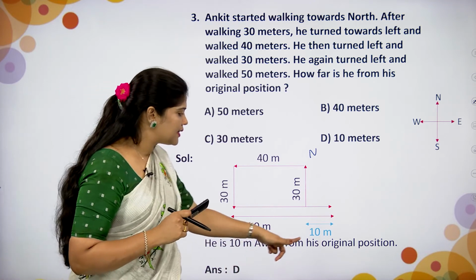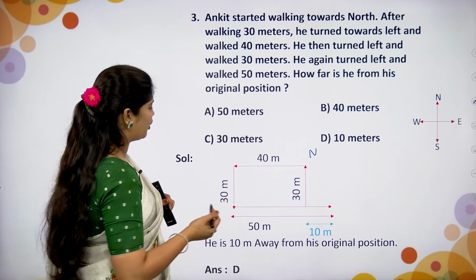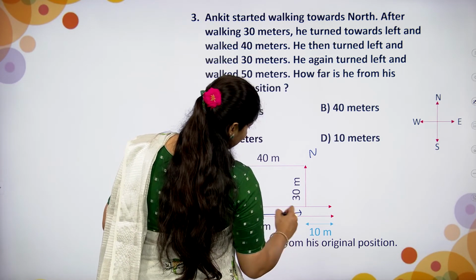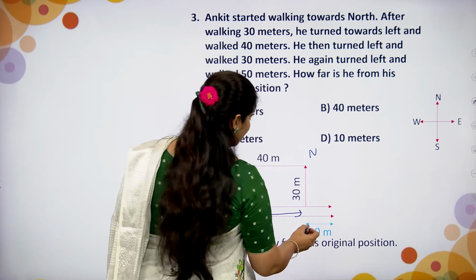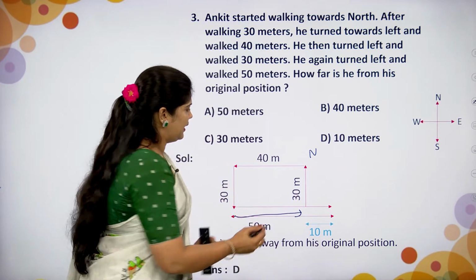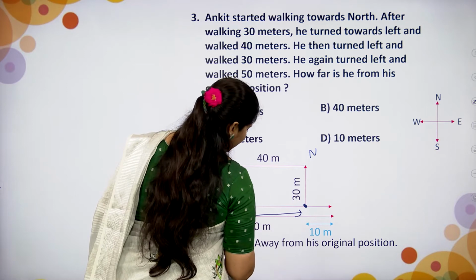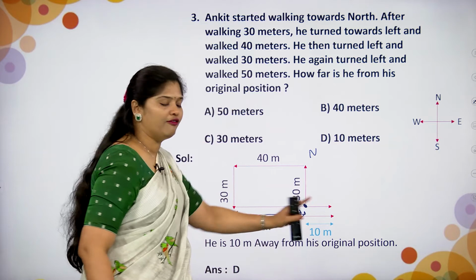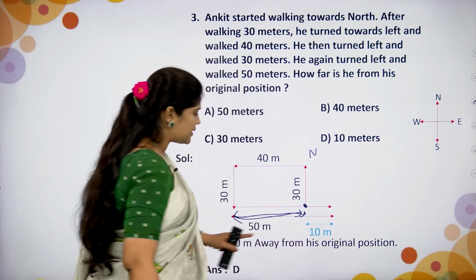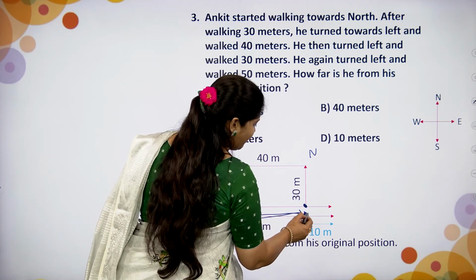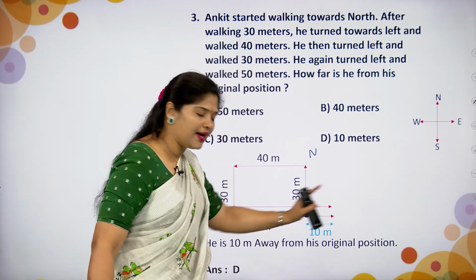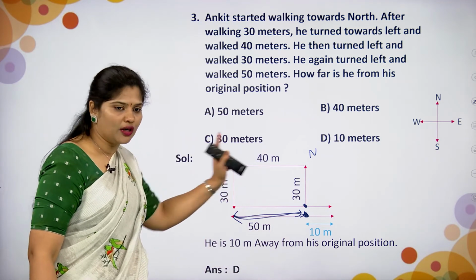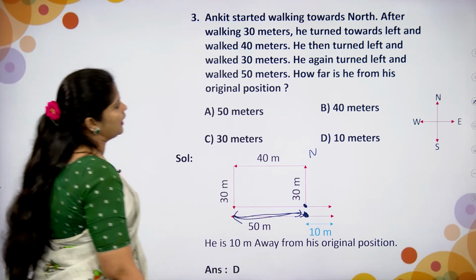He is 10 meters away from his original position. So, because here it is 50. Okay children, already 40 done. So, again his starting point is here. Here to here 40, but he travels 50 meters. So, 10 meters, this is his original position, but he travels extra 10 meters, because 50 minus 40 is 10 meters. Okay children,